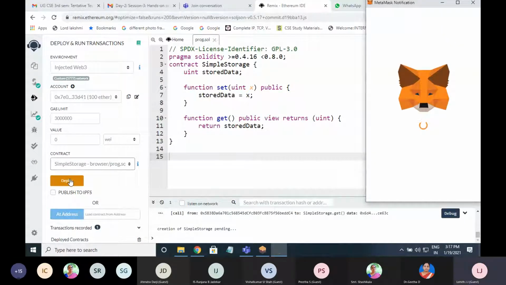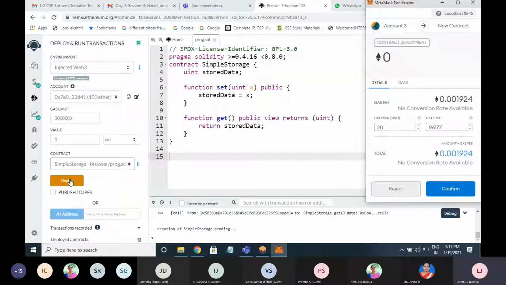See here, once I click on deploy, MetaMask is asking me to confirm this. Only after confirming will it be stored in the blockchain. That means MetaMask is acting like a wallet for your address. Are you able to understand this?